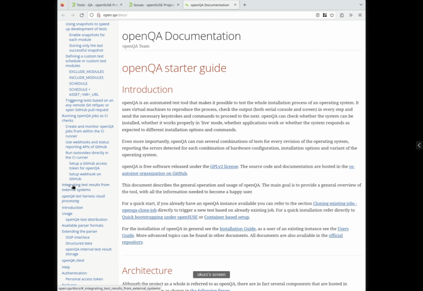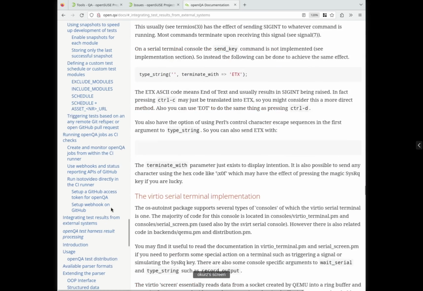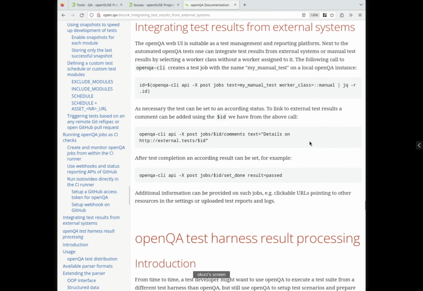about the integration of test results from external systems. And that one is explaining by example how one could just trigger tests which show up in the openQA web UI, but are not actually conducted by the backend of openQA, but for example, could be done by any other external test system or also just to be used for manual test results.